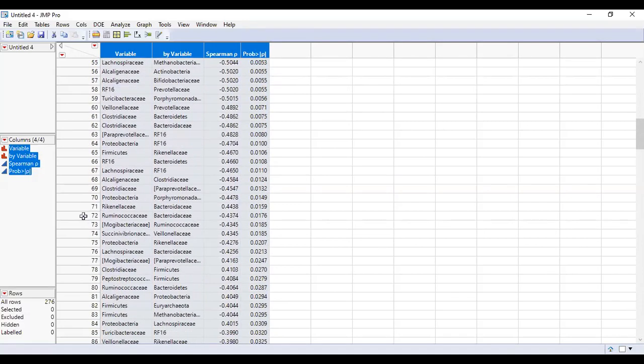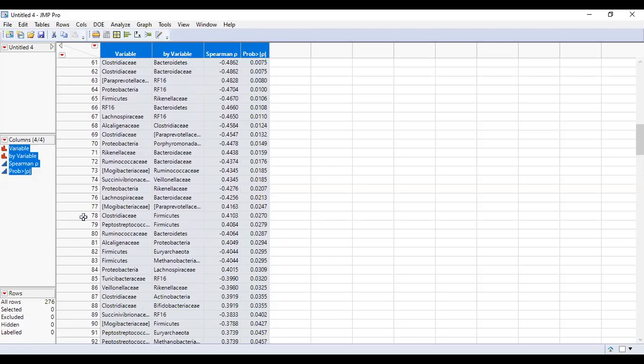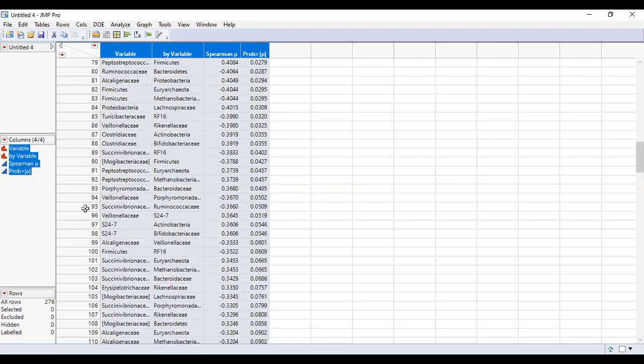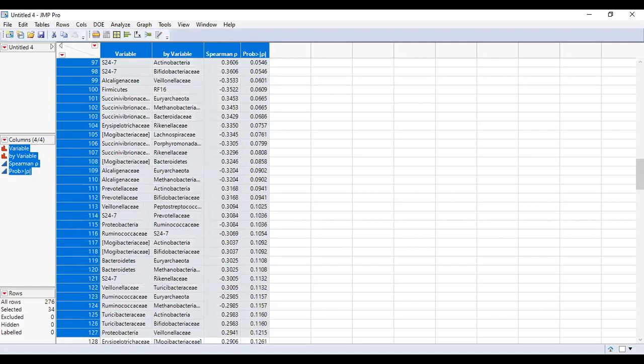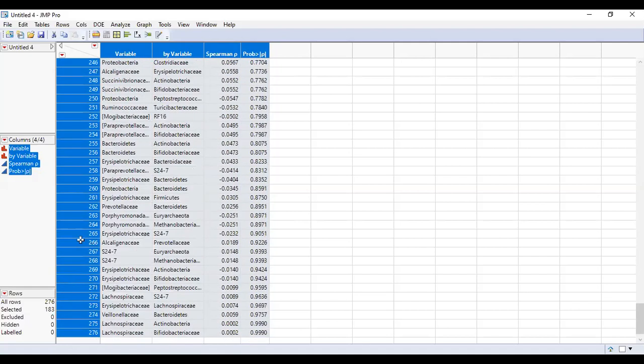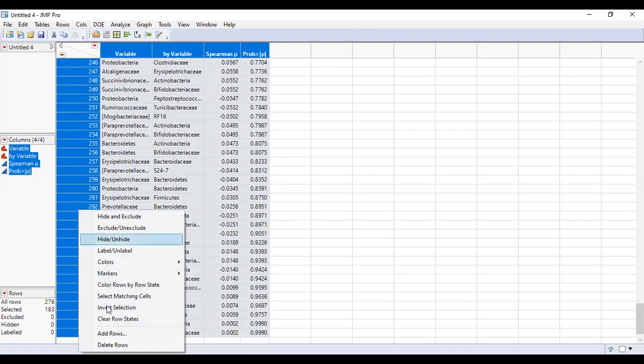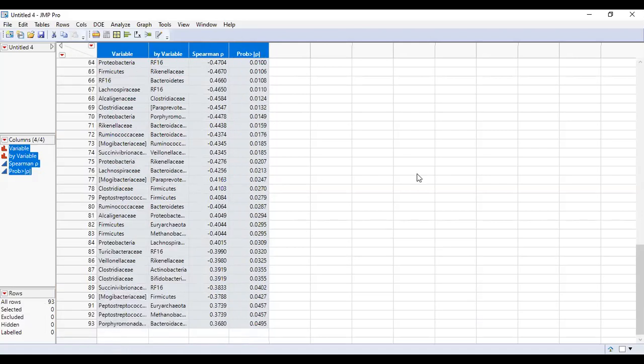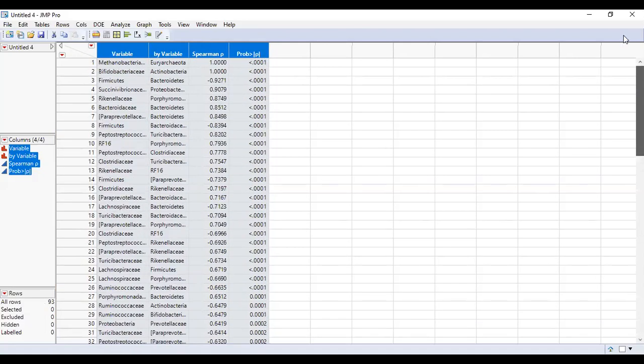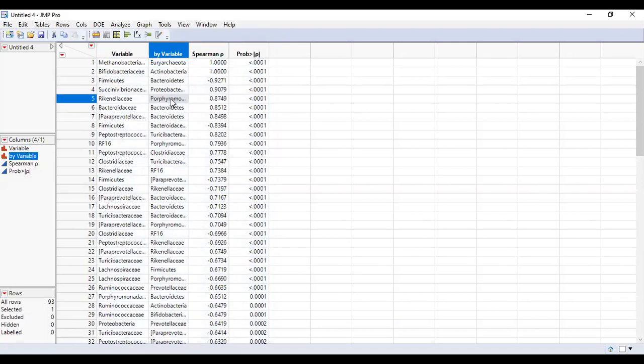So we will delete the relationships that have a p-value higher than 0.05. From here, I select and delete this. Right click, choose Delete Rows. Okay. What remains is the interaction or correlation between bacteria and bacteria with a p-value lower than